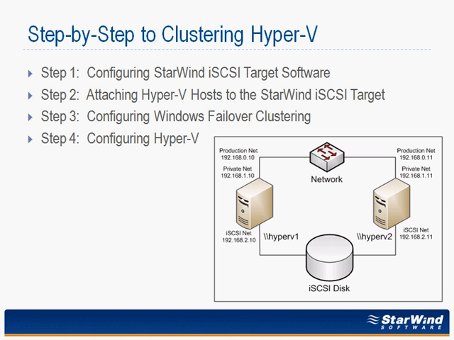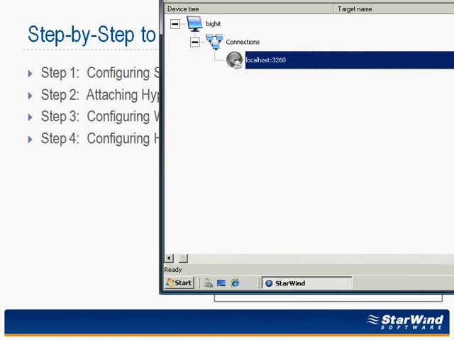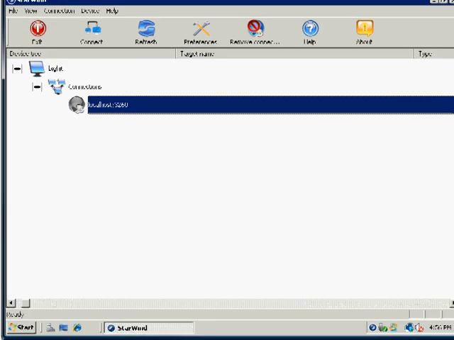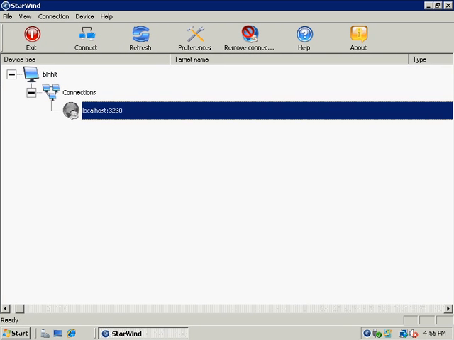Let's start by dragging over a remote desktop from another server in this environment. You'll see that this other server has the StarWind software already installed to it, and it's currently up and available. You'll see that we've connected to localhost on port 3260. This is a common port used for iSCSI target connections. And more or less, StarWind is ready for us to begin creating those drives that will be used as part